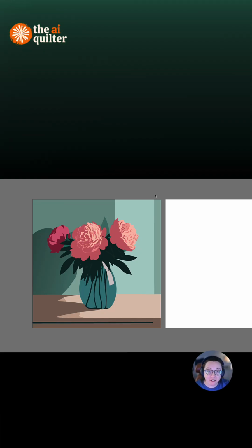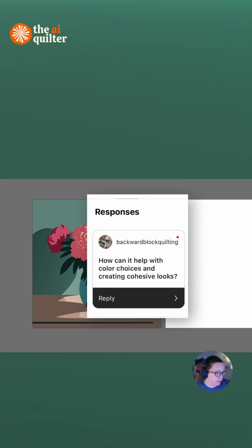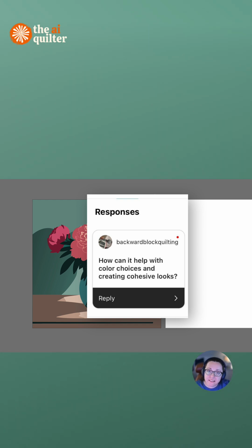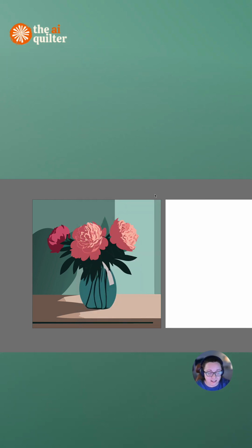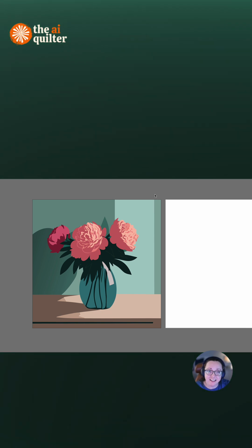Okay, so we got another question. This one is about how can AI help with color choices and creating cohesive looks? So, the first thing that I wanted to share with you is that there's an explosion of AI technology in